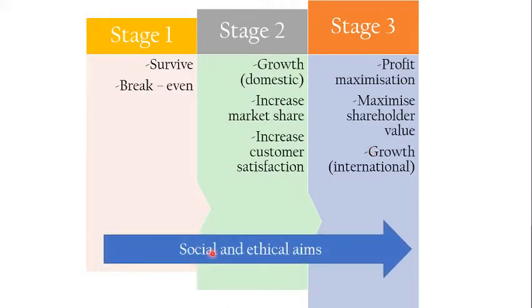Some people might say that a business would, at stage 3, introduce some social and ethical aims. Other businesses do that right from the start. And you could make an argument for putting all of these in different places. Maybe an established business, if the level of competition in the market increases, just wants to survive. So I'm not saying that this is set in stone, but you need to have an understanding that business objectives change as a business grows and evolves. And this might be a useful framework for looking at how that happens.